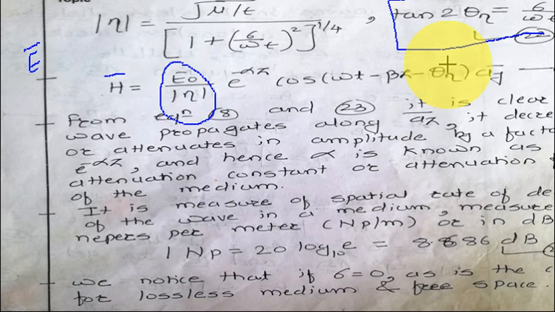So we'll stop here. I will once again revise these concepts of H bar in the next lecture onward, and we will see the wave equation for different media and how it is different, and what are the expressions we are getting for alpha, beta, gamma and eta for the remaining media.